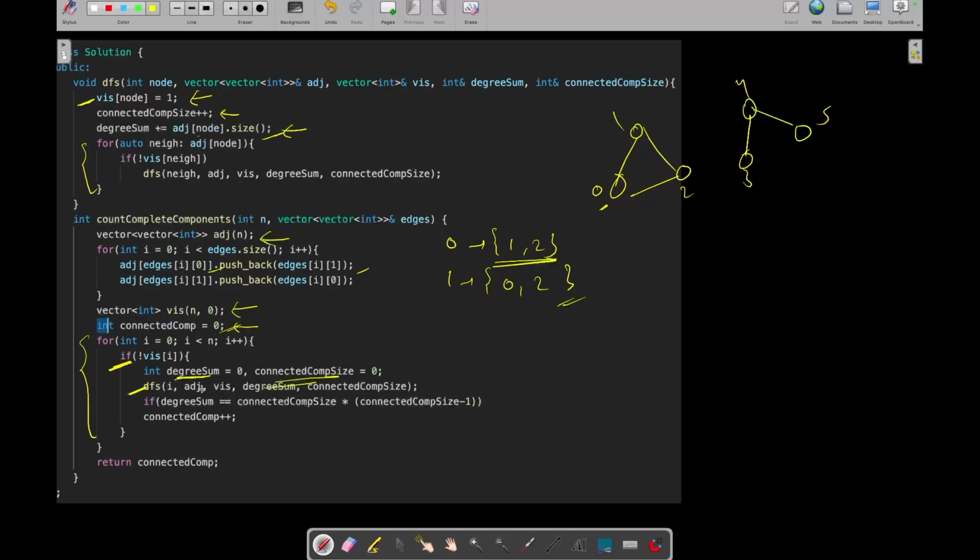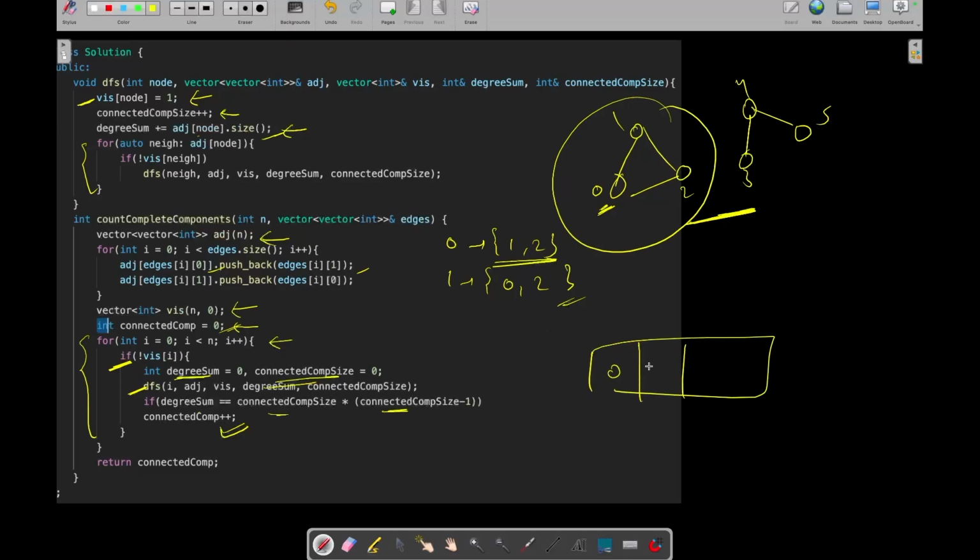Okay, now we will check if degree sum is equal to size into size minus 1, then we will simply increment connected component, otherwise not. And in the next iteration, we are iterating on the nodes. So how it will work, like first it will work for 0, but in this complete iteration it has marked 0, 1 and 2 as visited.